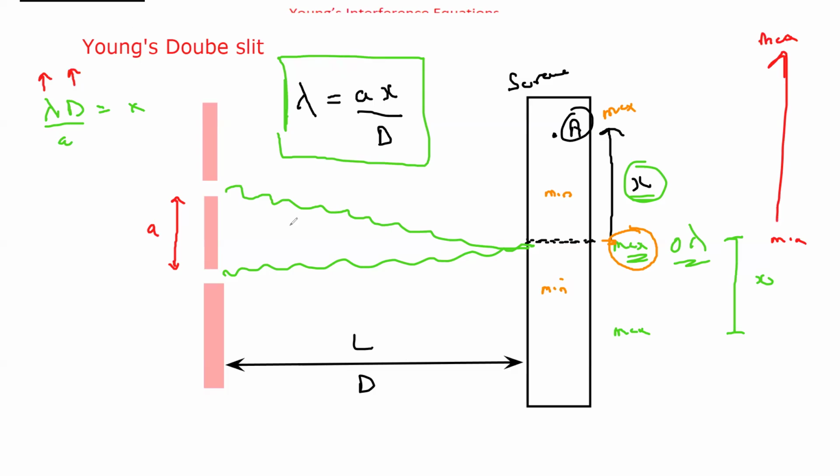If I increase the distance between the screen and the slit, what will happen to the spacing between the maximas? The spacing between the maximas will also increase. Because D is a distance, as you can see, it is in the numerator, so both are in the numerator. So if the value of D is increasing, the value of X will also increase. And it is obvious, as you can see,